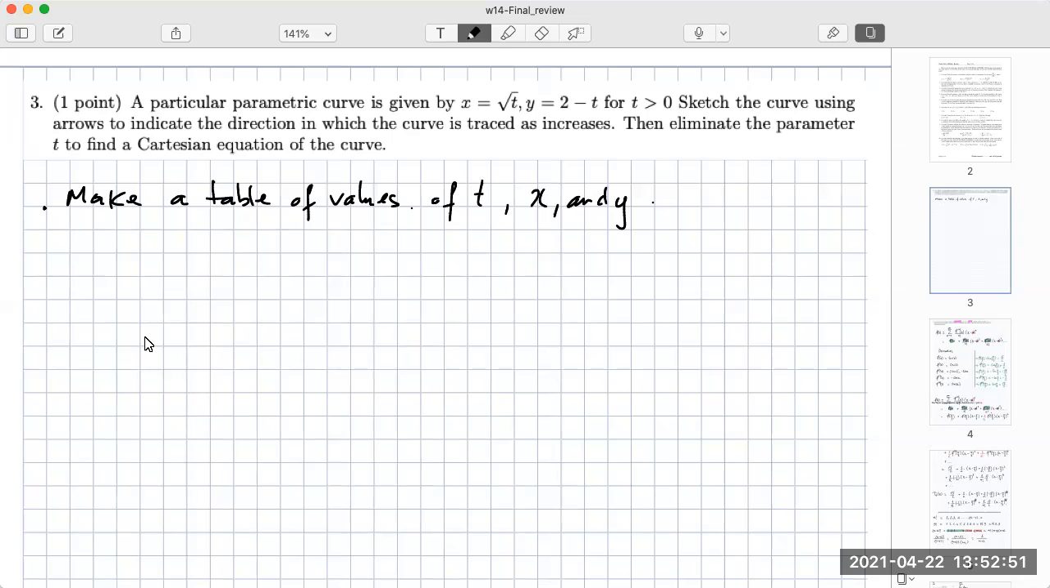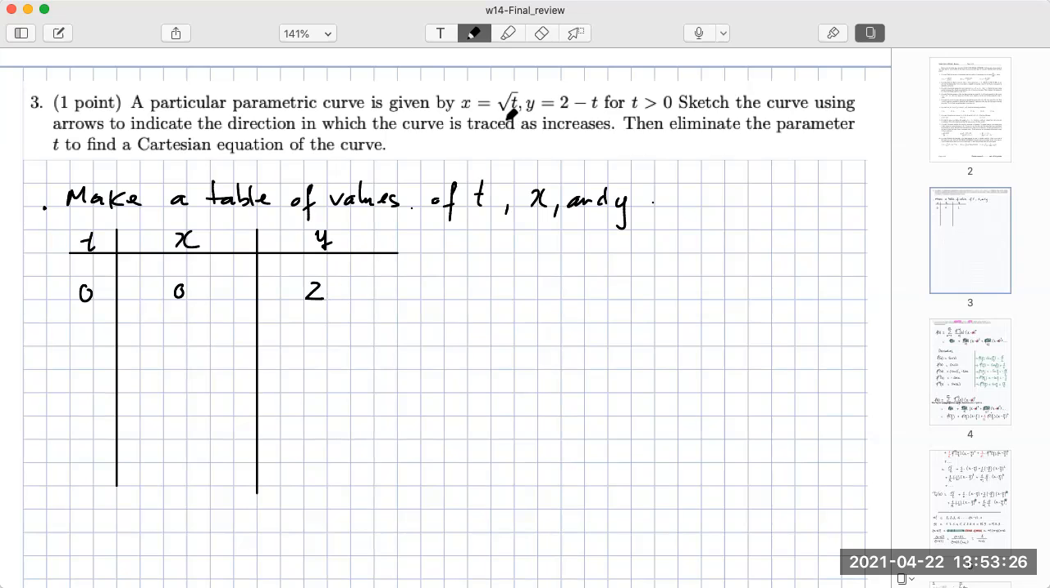Okay, now let us do it. Because we're given that t is strictly larger than 0. Okay? Let us start with t at 0. If t is equal to 0, what is x and y? Very good, thank you. And when t is equal to 1,